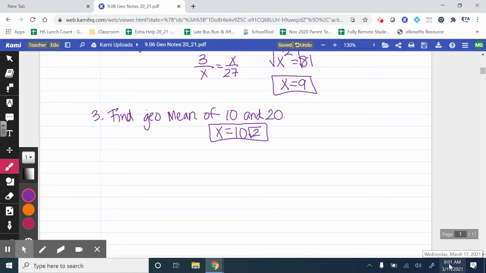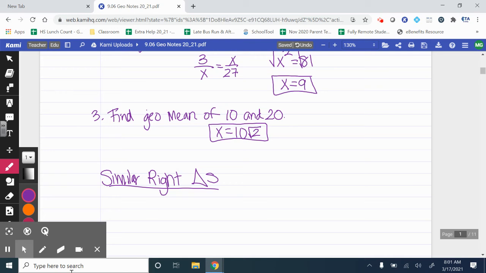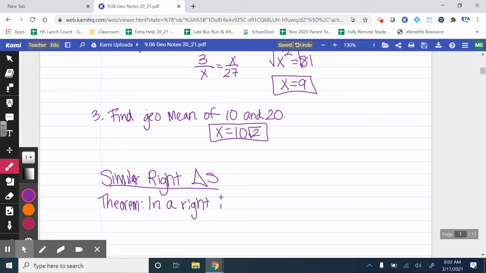Okay, so now let's talk about similar right triangles. So applying our geometric mean to similar right triangles. So first we're going to talk about our first theorem, which we're going to call PAP. And that says, and I'm going to write it out, but then we're going to break it down. So in a right triangle, the altitude is the geometric mean